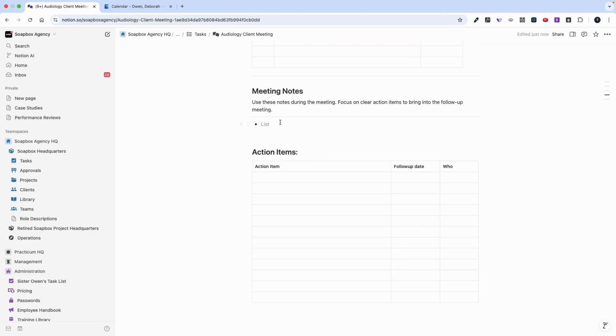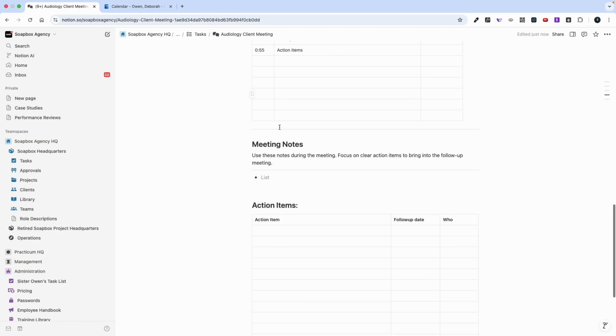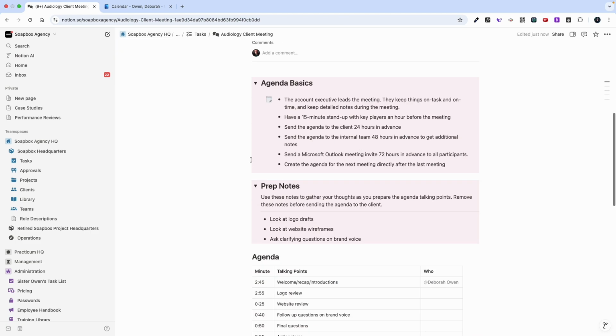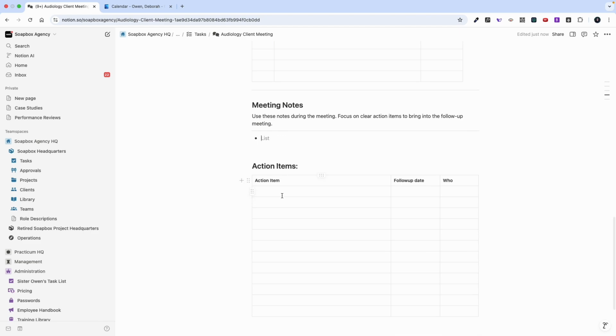Then down here, you want to make sure whenever you have a meeting that you have somebody set aside who's in charge of taking notes during the meeting. Oftentimes it's not the account manager leading the meeting, but it's going to be a secondary contributor. Maybe it's one of the department heads who's contributing and only speaking on one part. The nice thing again with this shared document that everybody's tagged in is everyone can actually be taking notes at the same time. So someone will go through and keep these notes and then write down those action items,